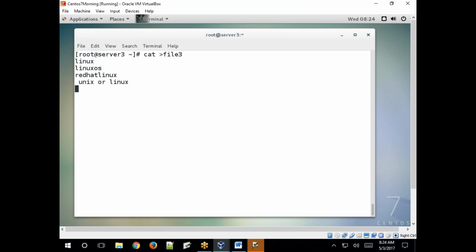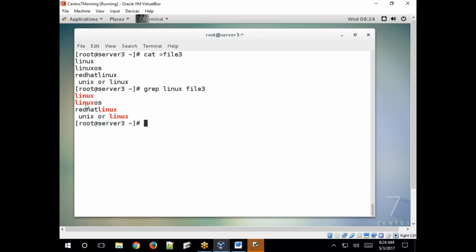Yes, sorry. Control D. Next, so now grep Linux file 3. It returns all the lines, right? All the lines: Linux OS, Red Hat Linux, Unix or Linux, because the Linux pattern matched, all the lines: first line, second line, third line and fourth line.